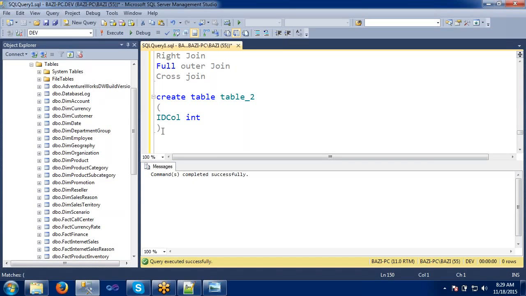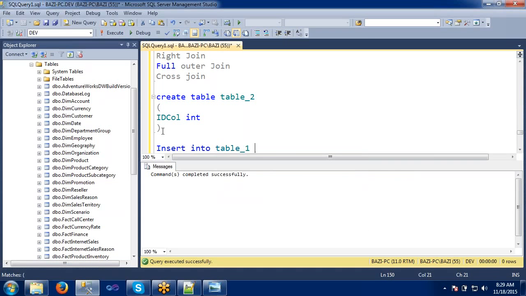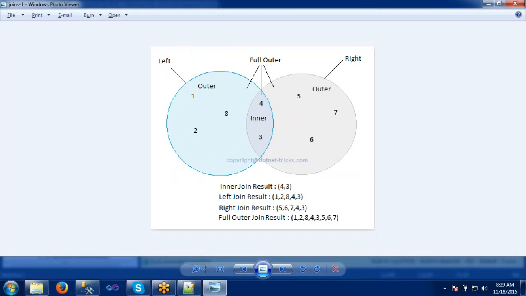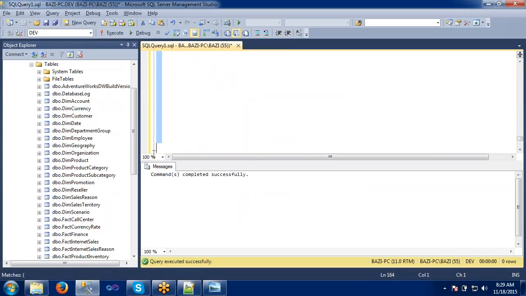And I am going to insert the data into the tables. The first table contains 1, 2, 8, 4, 3, right? So I'm applying this to the first one: insert into table name values.